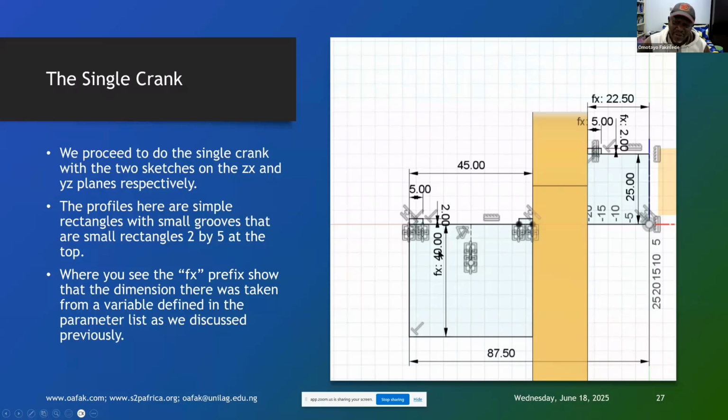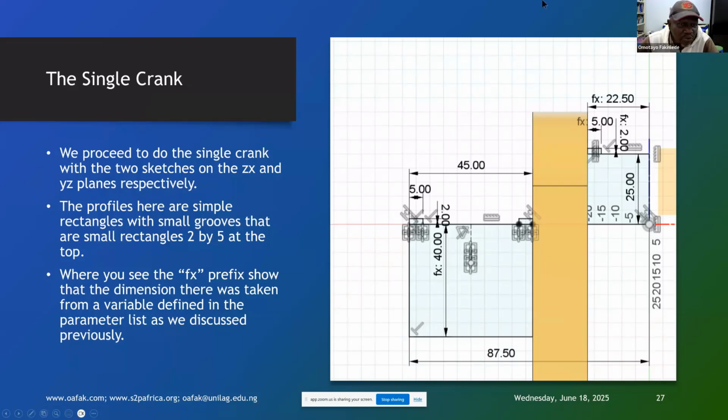So that's the meaning of it, it's like a function. Every time you see fx, that shows that we didn't just type here. We didn't just type 22.5. 22.5 was obtained by an expression that we use. If you use 22.5, it will work. If you use 40 here, it will work. But we're just letting you know that it is a parameter that was